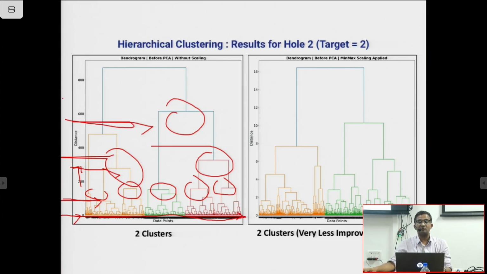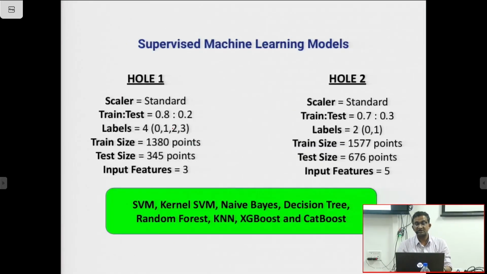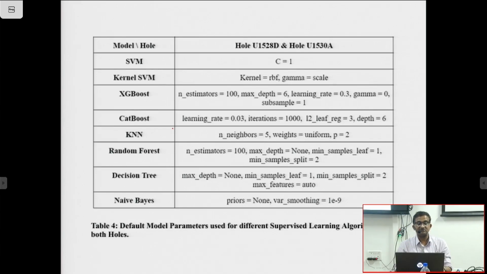So at what line you are interpreting also matters, that is, what type of internal clusters are present in that. Okay, so that is how this dendrogram plot can be interpreted to get our idea. This dendrogram has been applied to the other holes, and this is a part of your unsupervised type